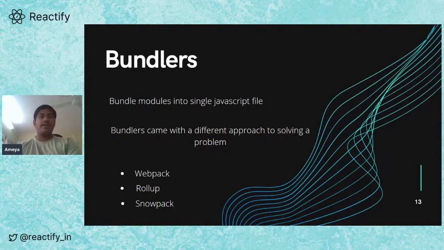The third is Snowpack. Snowpack provides an awesome development server. It was created with a philosophy of unbundled development. That is, Snowpack does not bundle files into a single JavaScript file, but provides unbundled ESM modules that run in the browser, which makes it fast. It is also seen as the bundler of the future. There are a couple more bundlers with a similar ideology.